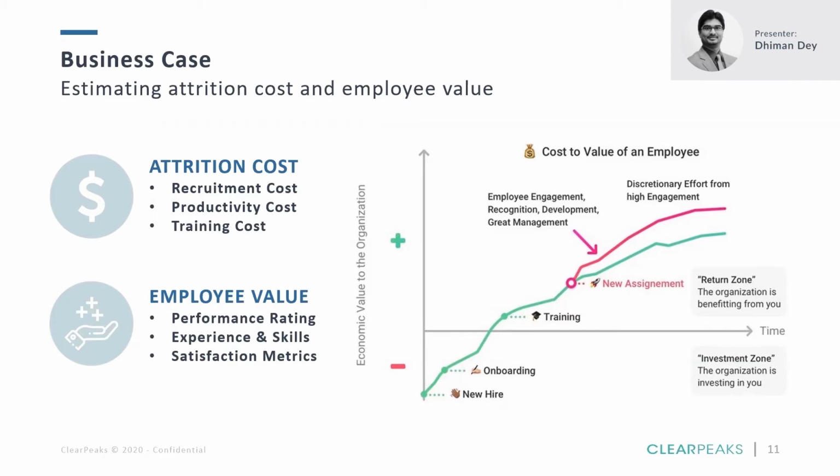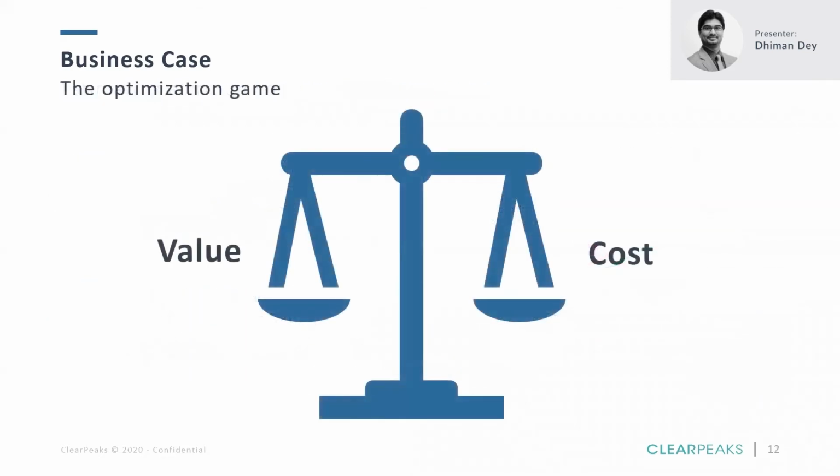Okay, moving on. So end of the day, the whole solution is going to be revolving around this cost and value optimization game. So okay, how much value are you trying to retain, or how much value is trying to go out of your organization? What's the cost impact associated with it? And at the same time, trying to answer that, given a particular cost budget, what is the amount of value that you can retain back?